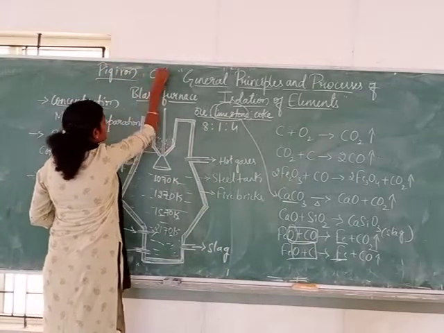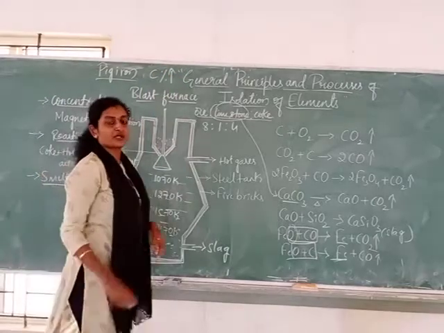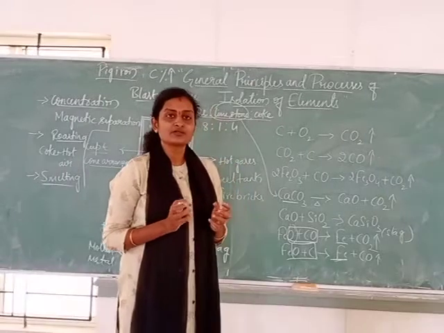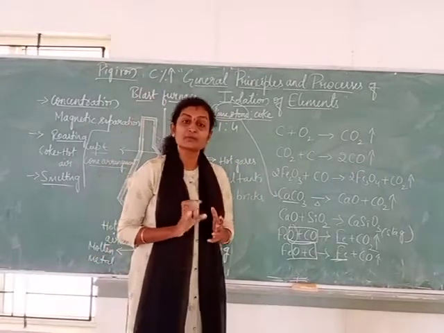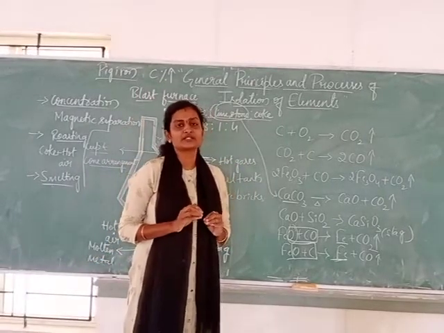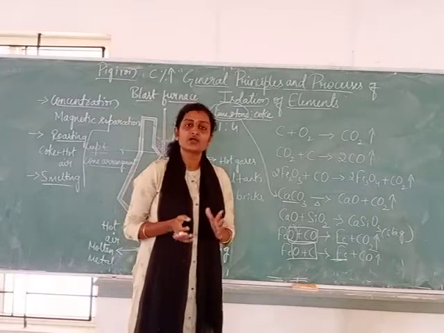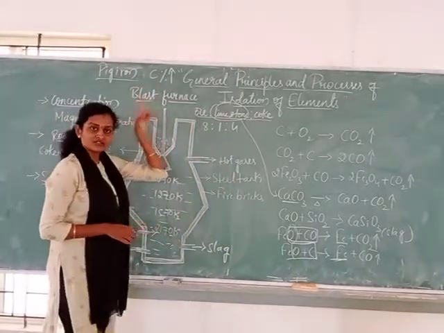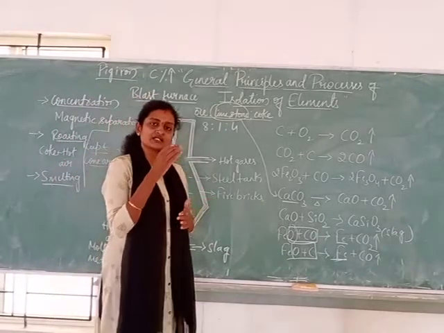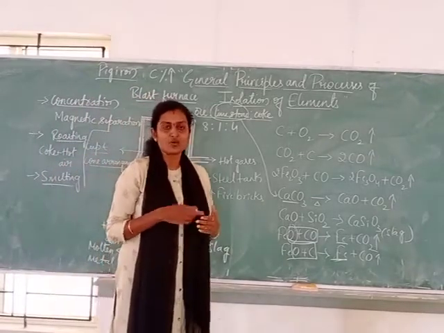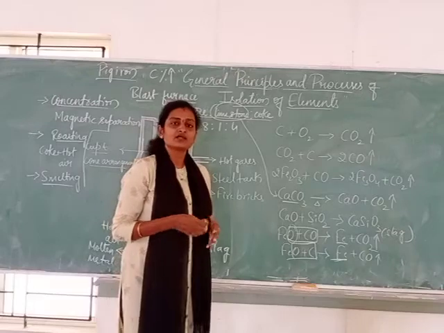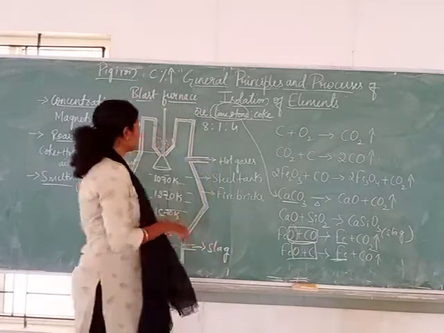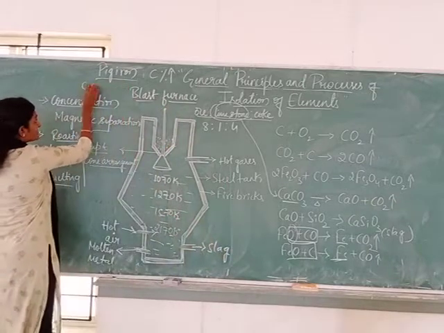This contains more percentage of carbon. The carbon percentage is more, which means the iron rods, whatever we use, are brittle, very hard. The more carbon content in iron, the harder it is. Then what happens? By treating with oxygen or by heating it, carbon content will be reduced. When treated with coke and hot air, the carbon percentage in it is reduced. Then it will be converted into cast iron.